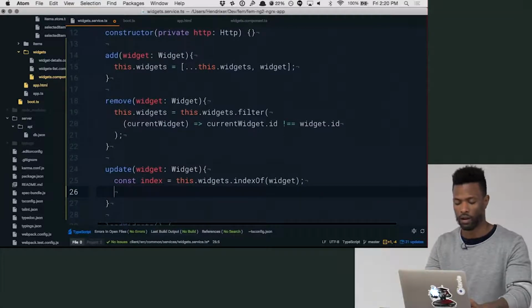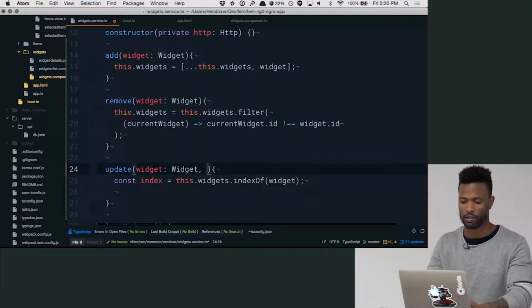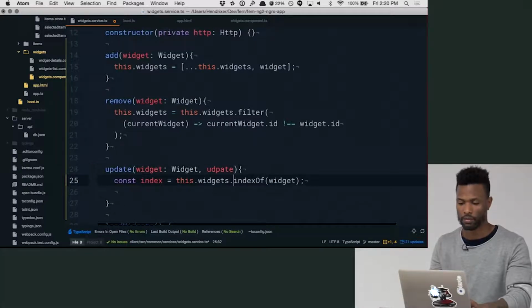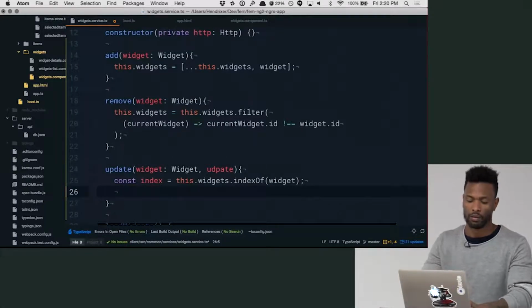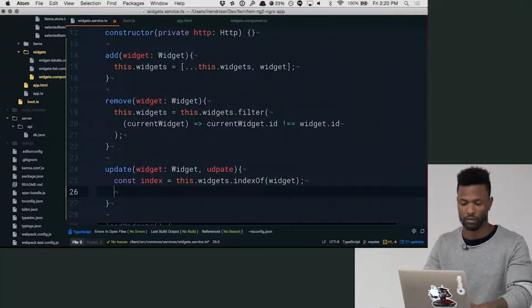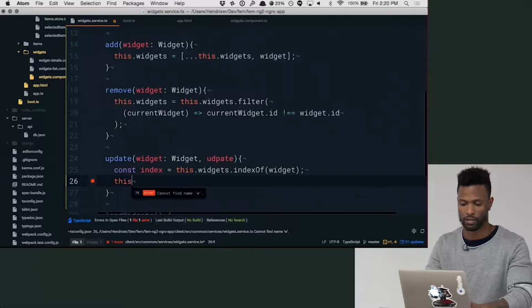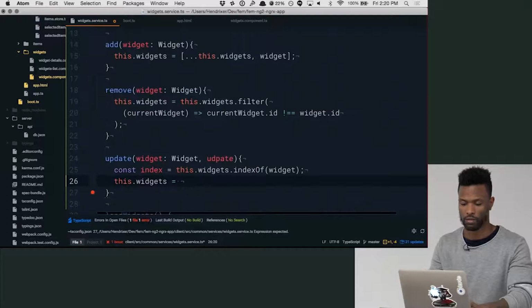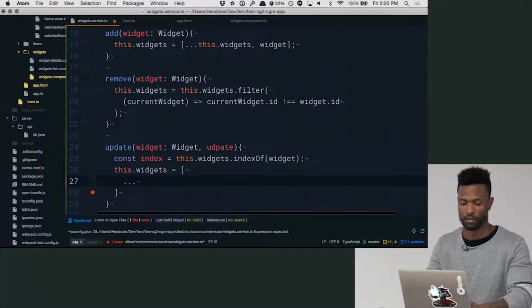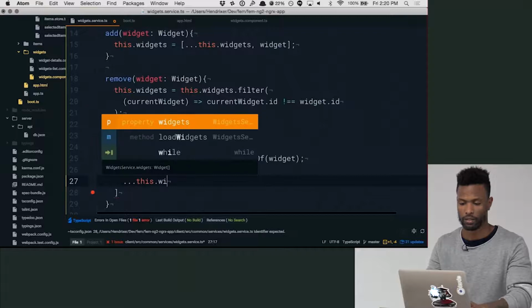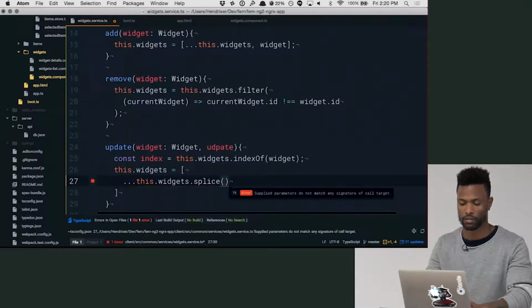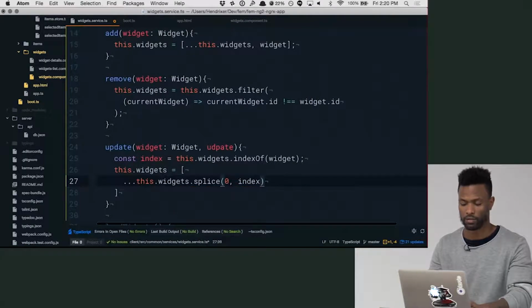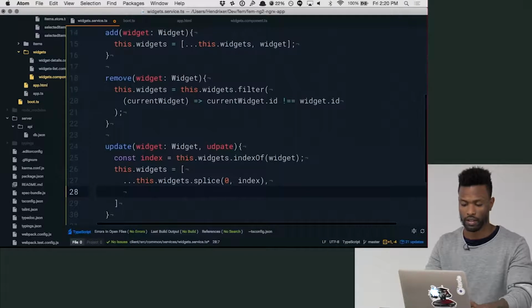And then our update would probably be the second argument here, whatever object that may be. That'll be our update payload. And then what we do is we would say this.widgets equals a new array. That will be this.widgets.splice, 0 up to the index, not including, exclusive. And then our update,